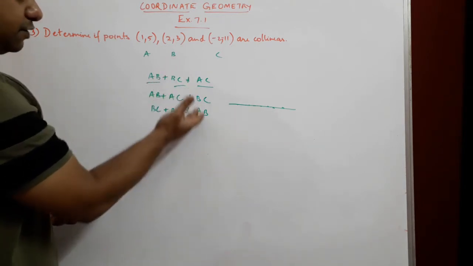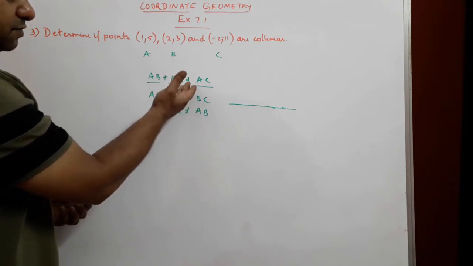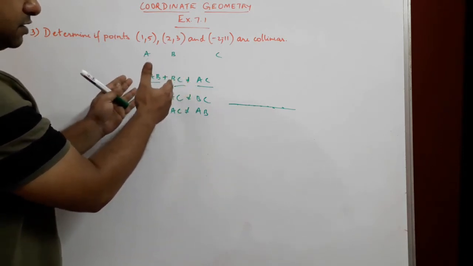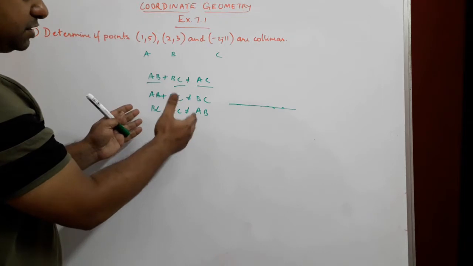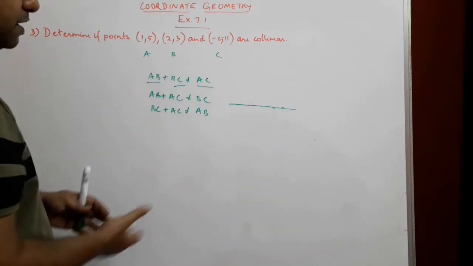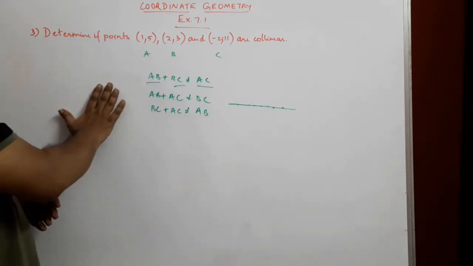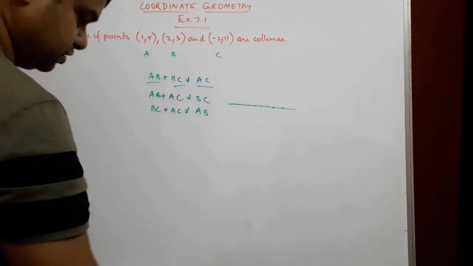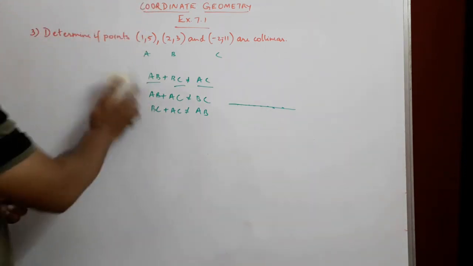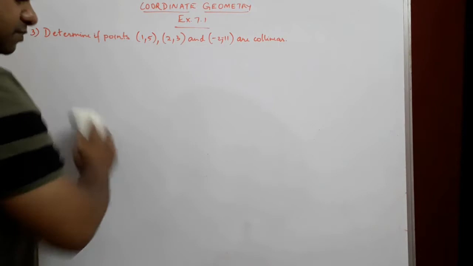But if we find that all 3 combinations are not equal to the third pair, then we can say that these points are not collinear. So let us first solve this to understand how to